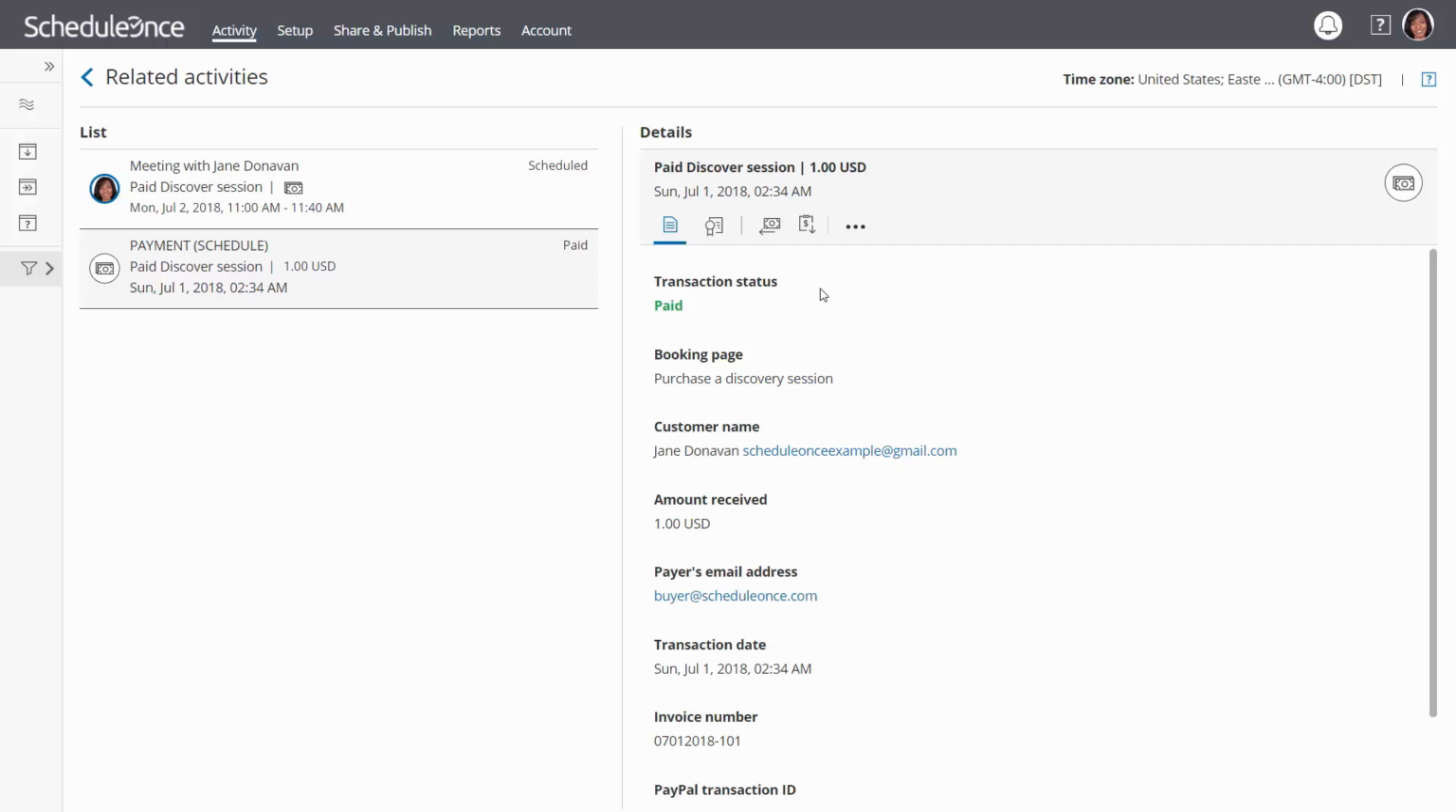So we're really excited about the new activity stream. I think it'll make your life so much easier when you're managing all of the activities that you have in your account. You can do it all here right from one place, and it's really great. So with that, let's move on to the next new feature in